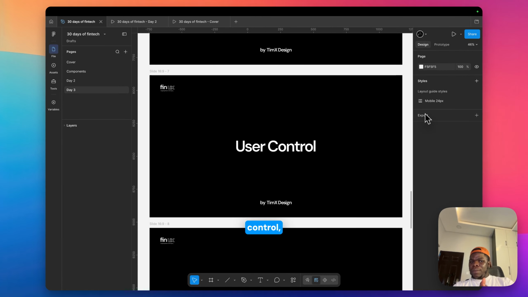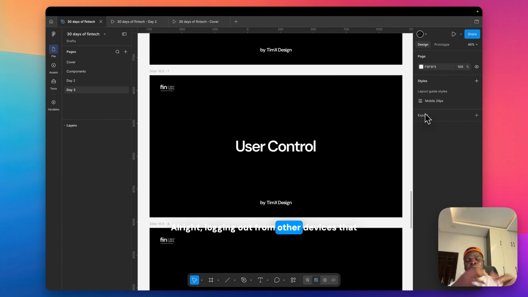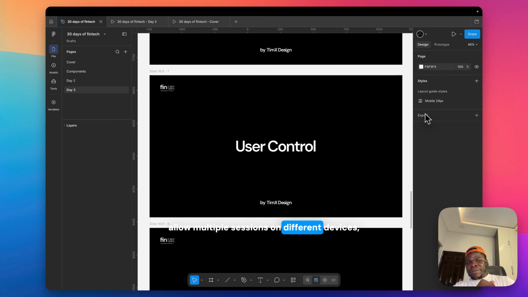That's control, right? You should also be able to set the biometrics of your choice for logging in. That's control, right? Spending limits also, you should be able to set that. That is control. All right. Logging out from other devices, especially for fintech products that allow multiple sessions on different devices.